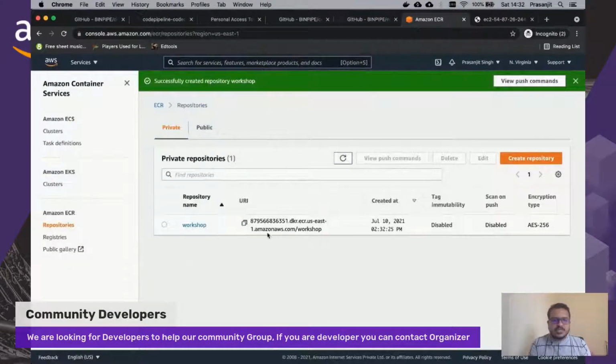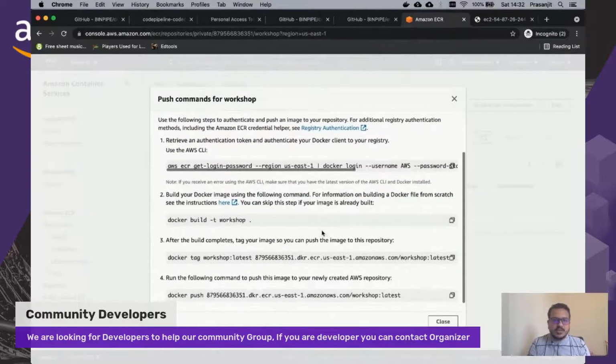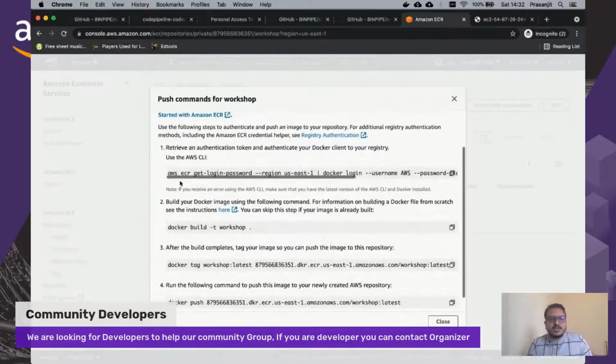So here you can see it has created a repository called workshop. And if you click here, you can see there is no image. We have to push that image. So how to push that image? It's very easy. You just click on this view push commands and you will see all the commands to push your image. So what I will do is just copy this